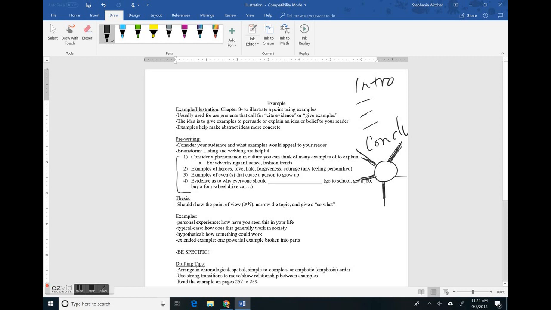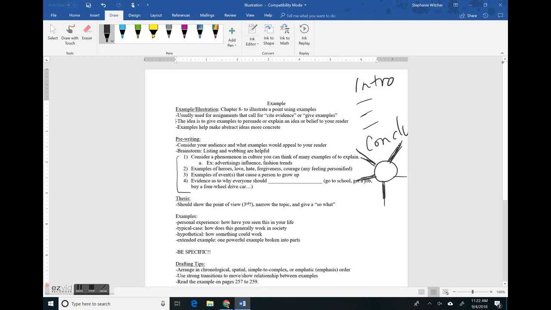Okay. And then number 4, why everyone should blank. And you fill in the blank here, and I've given you a couple of examples. And then in here, you would give us more details. You would give us the 3 reasons why we should do one of those things. Okay. So there's some coming up with topics and doing some detailed planning, doing some paragraph planning. Webbing is a really great way to do that, so I strongly suggest that you spend a little bit of